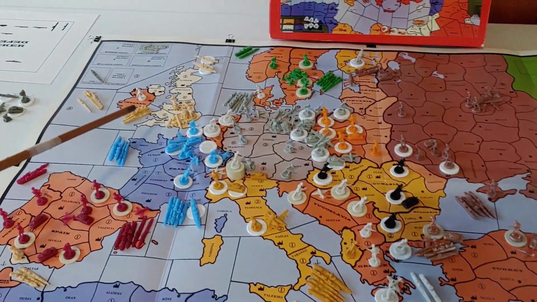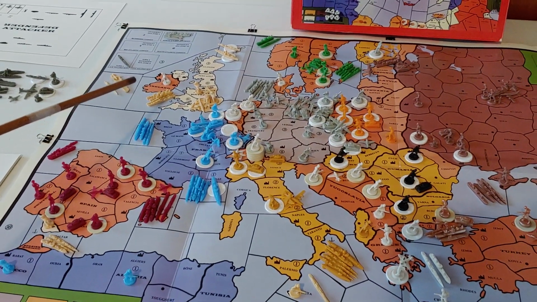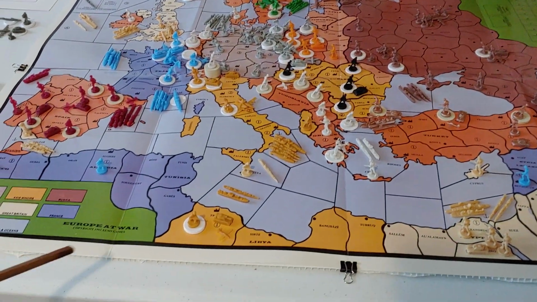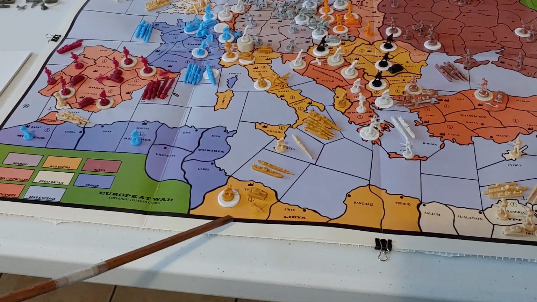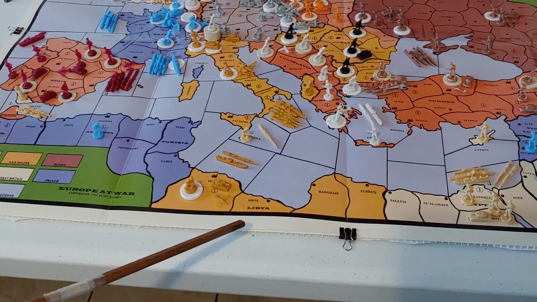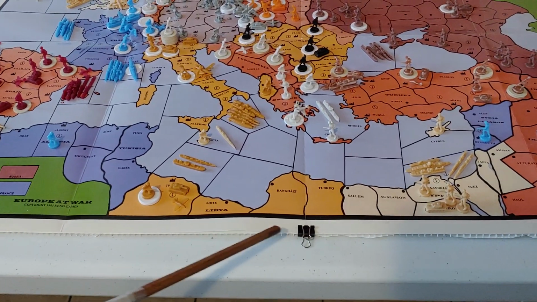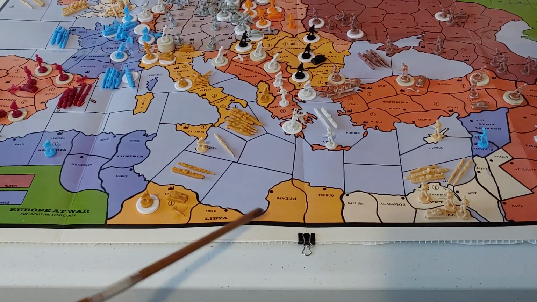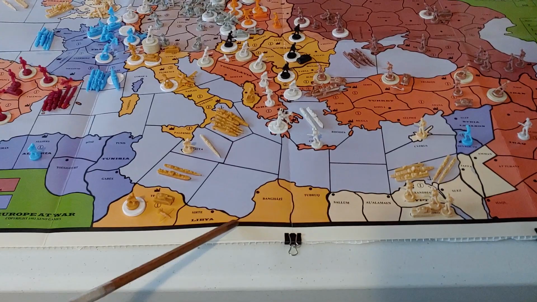The British don't have a lot of ground units in England, but they've got the transports to bring them over if they want. And Italy isn't much of a factor. They've got some decent units here in Tripoli. But again, the cool thing about this map is look at all the spaces it's going to take to get to Cairo. Or if you're the British going from Cairo to Tripoli, you've got 1, 2, 3, 4, 5 spaces